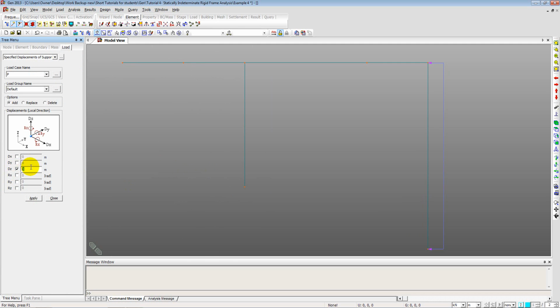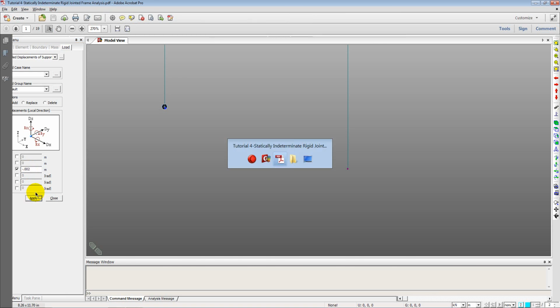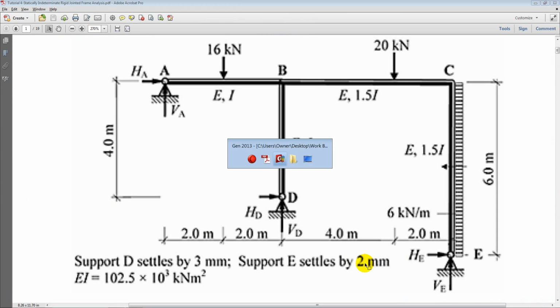So we enter minus 0.003, that is settlement in the downward direction, and apply. Then we select this particular node and we enter minus 0.002, yep, 2 millimeters,